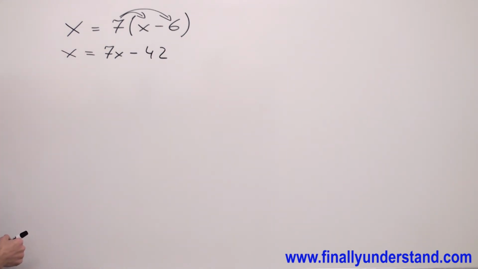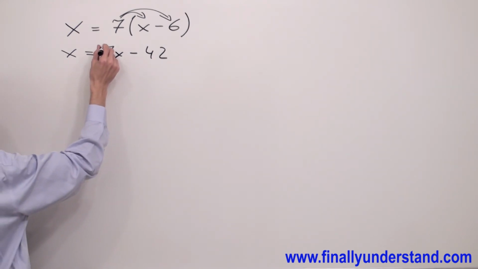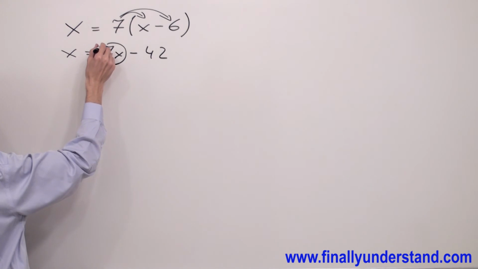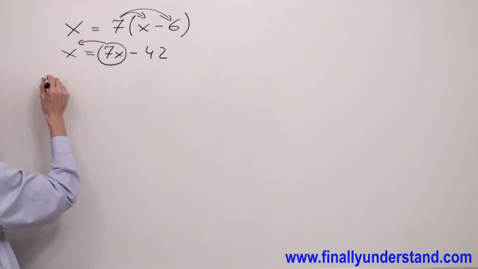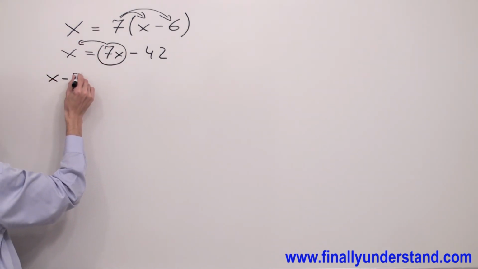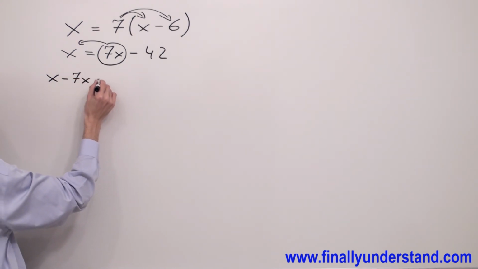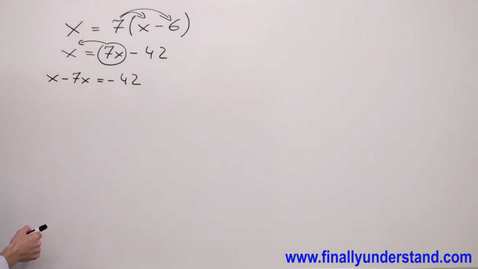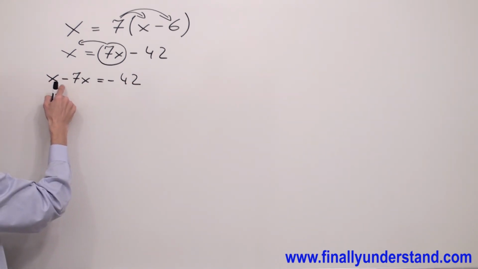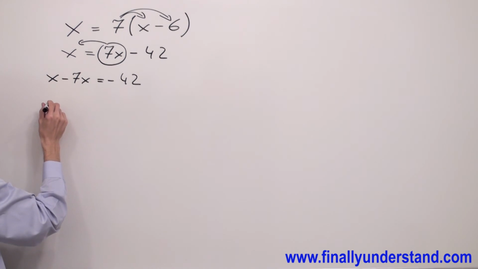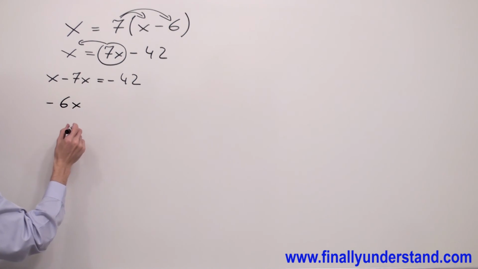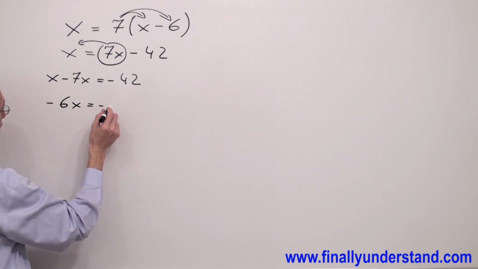Next, I'm supposed to bring all terms which have x to one side, and everything without x I'm going to leave on the right side in this case. So I'm going to have x minus 7x is equal to negative 42. x minus 7x is equal to negative 6x equals negative